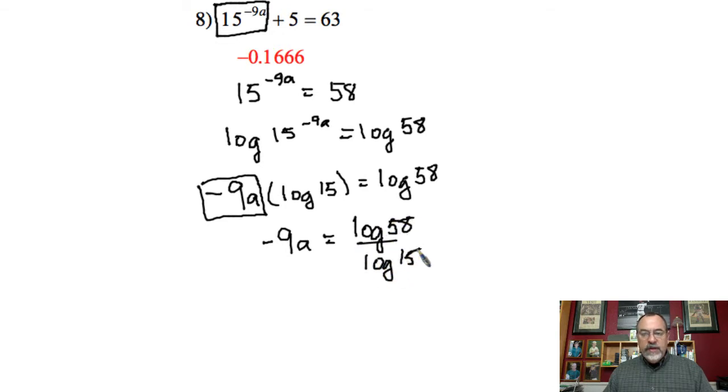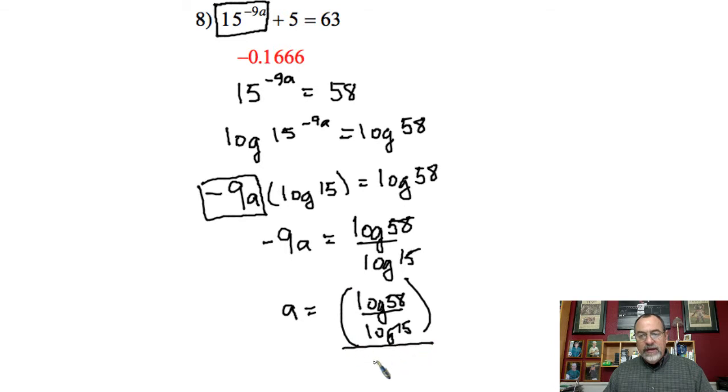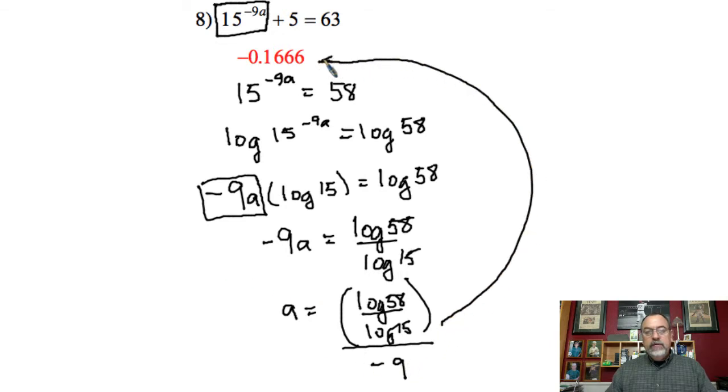Now remember, this is one number, so in my last step, when I'm dividing by negative 9, I'm taking this log of 58 divided by this log of 15, whatever that number is, and I'm dividing that by negative 9, and that's going to give me my answer. So again, I'll walk you through this. We're going to do log of 58, enter. We're going to divide that by log 15, enter. And we're going to divide that by negative 9, enter. And it's going to give me negative 1.6659, which rounds off to negative